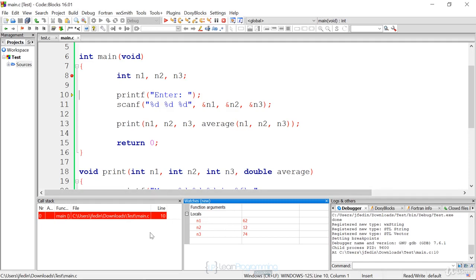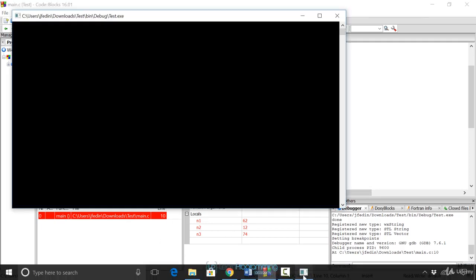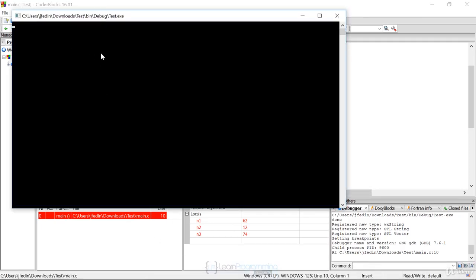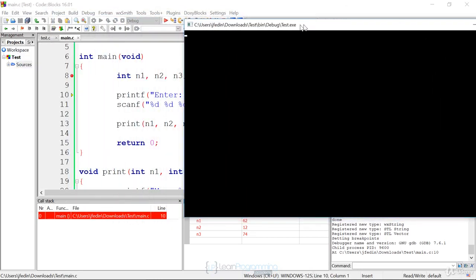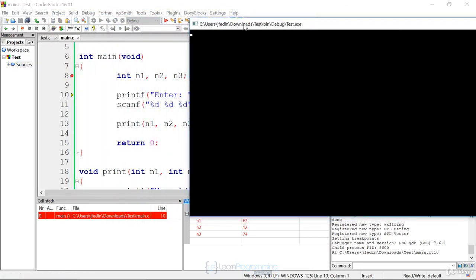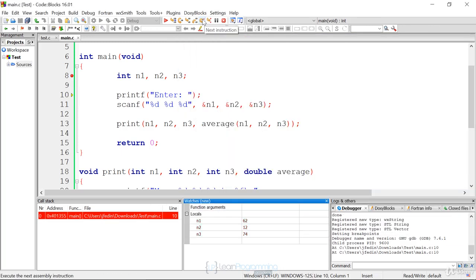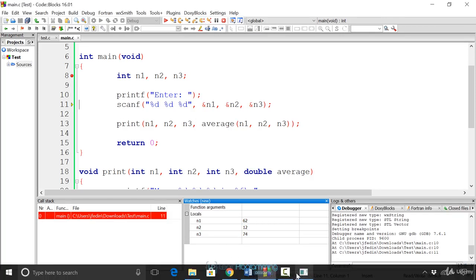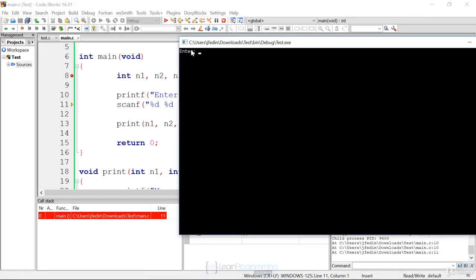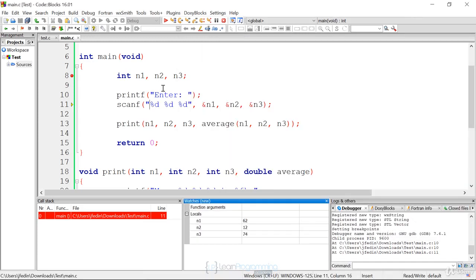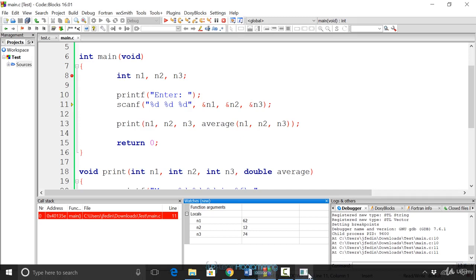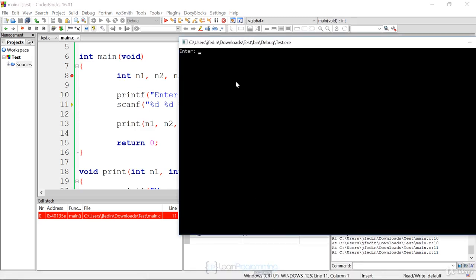I have a couple windows that I already brought up, but you'll notice if you go to the code, nothing's happened yet because it hasn't even asked the user to enter information. Now if I step one line over, like this, that was the next instruction, you see it goes back here. If I go to the next instruction, it goes to line 11. And if I go back to my code, you'll see that it printed out the enter. Now if I say next instruction, it's going to try to read in some information. It'll try to read in the first information,